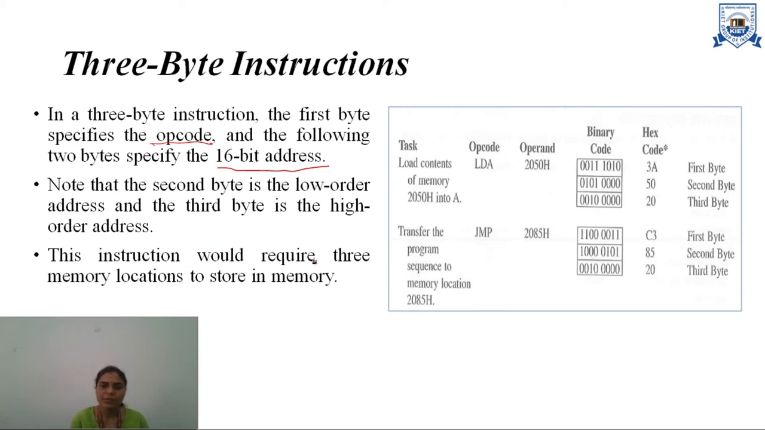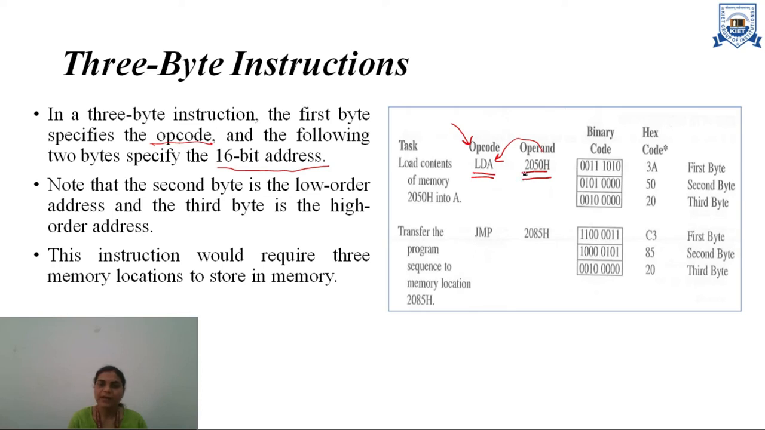This instruction will require 3 memory locations to be stored in memory. For example, here LDA 2050. This command specifies to load from this address to the accumulator. So LDA is load to accumulator, and here we specify the 16-bit address. So this command is a 3 byte instruction,